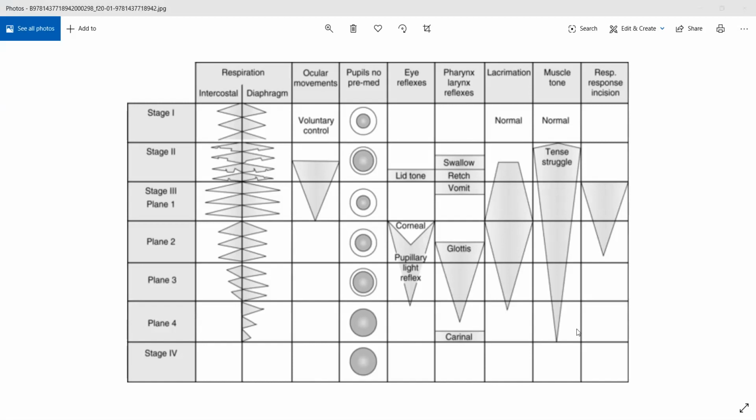Think about it this way: when a surgeon is trying to cut into your abdomen, or into any particular part wherever the surgery is occurring, you do not want the patient to be moving. You do not want to nick a nerve, or cut in any place that you are not intending to cut, simply because the reflexes were not dulled. So a stage of analgesia will be a condition where only loss of consciousness will occur.